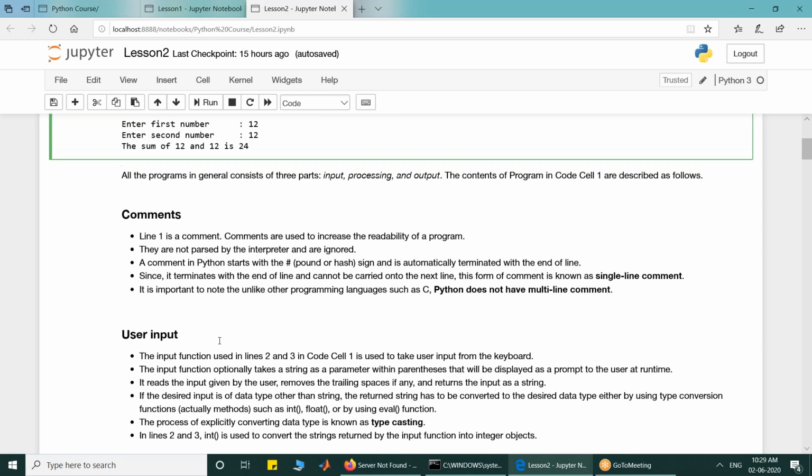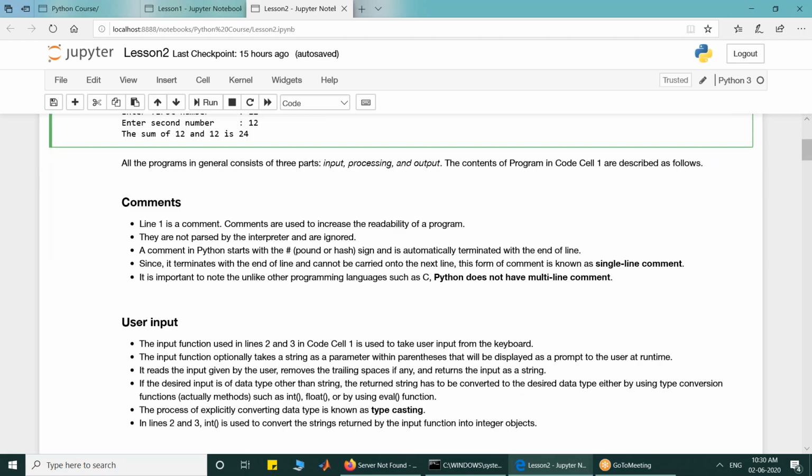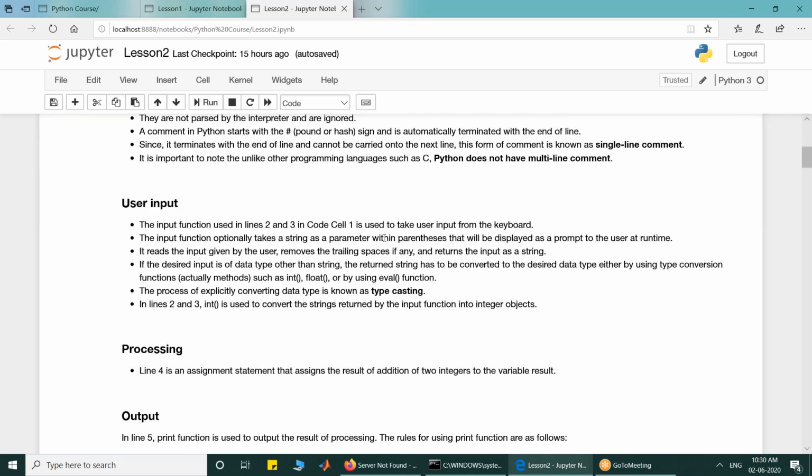Input function takes a string as an input and it displays that string. So you can optionally give the string as a parameter within parentheses and it will be displayed on the prompt. When a user gives the input, the function removes the leading and the trailing spaces, and then it returns the input string.